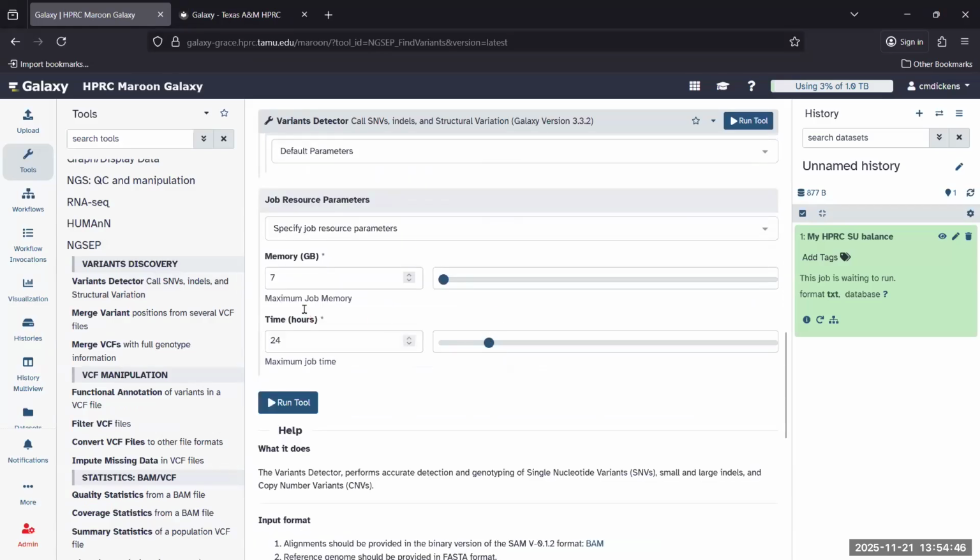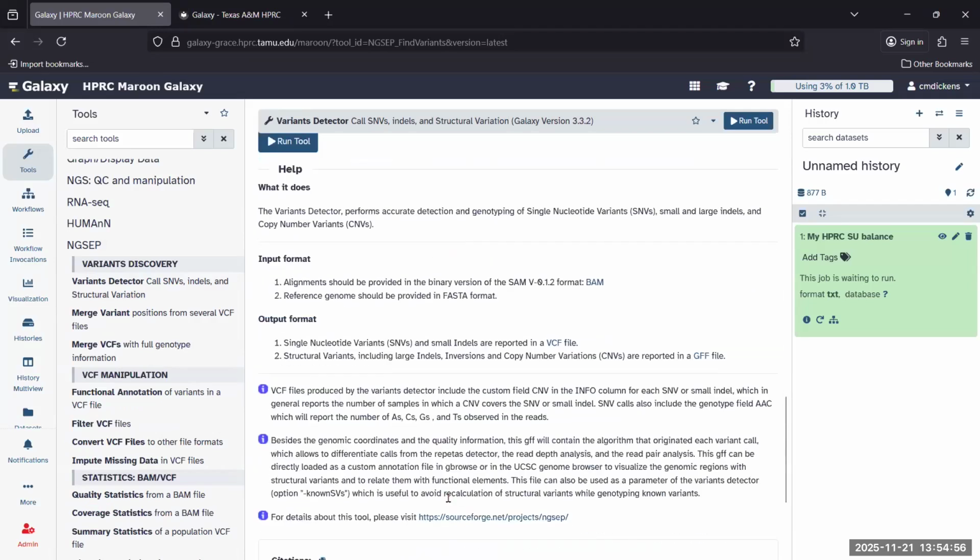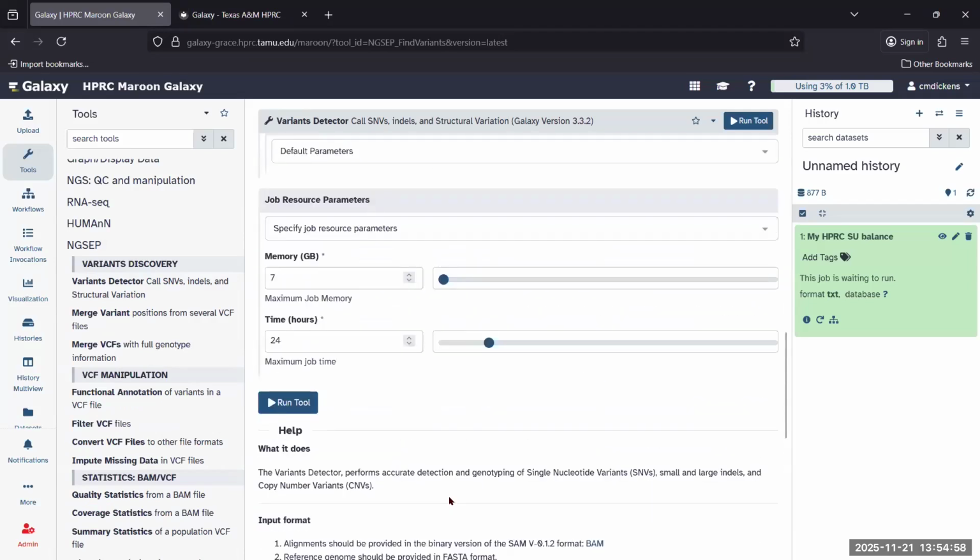Okay, if it only supports a single core, you won't have an option to select multiple cores. You only have an option to increase the memory and increase the time. Now, if you see in the documentation that it does support multiple cores, but you're unable to select it here, please let us know, because we have to actually enable the multi-core processing for software that supports multi-core. So we install a tool, but then we have to verify that it supports multi-core before we enable the multi-core